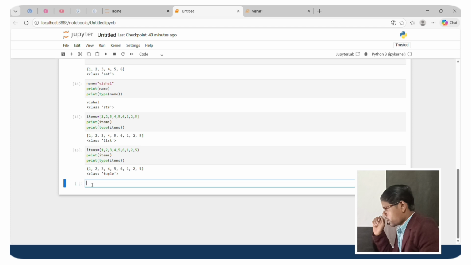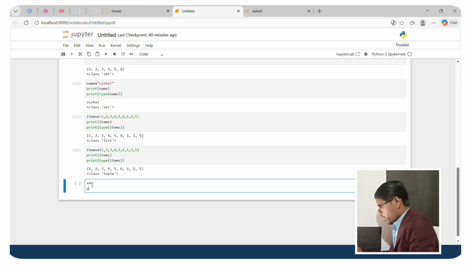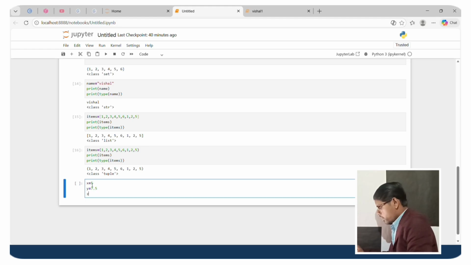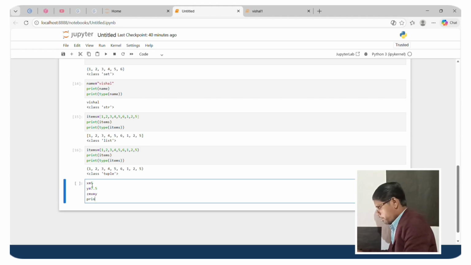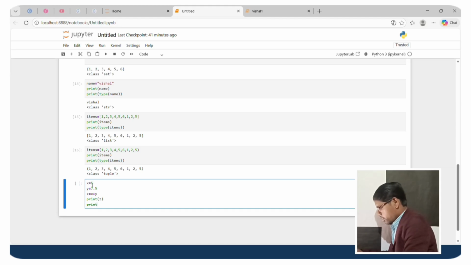Let's do a practical. x contains 5, y contains 7 point something, and z equals x plus y. Print z and check its type. x contains an integer, y contains a float, and z contains x plus y.